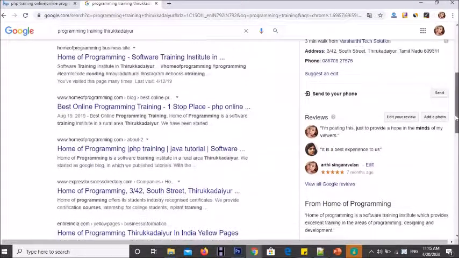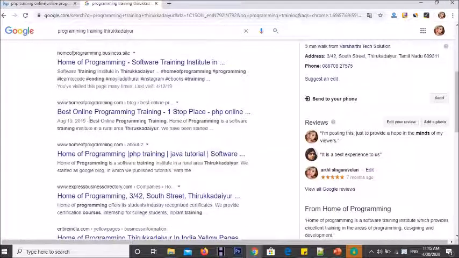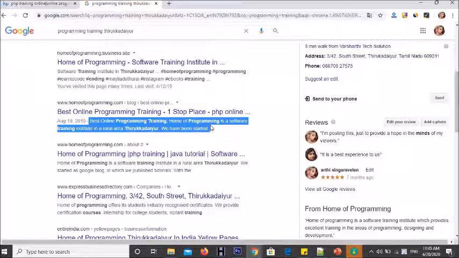This information we are giving inside the meta tag. So whatever content is inside your meta tag will be visible in this place only.